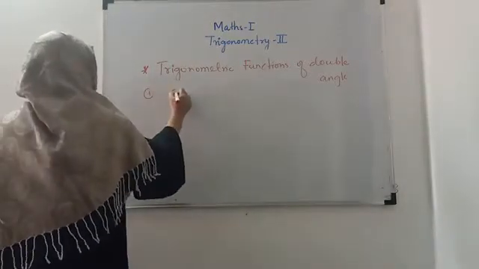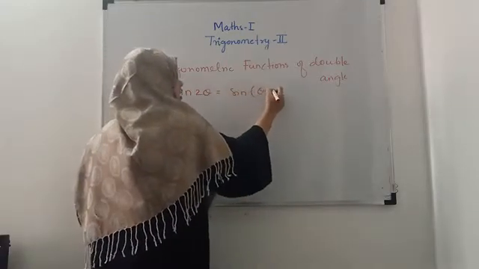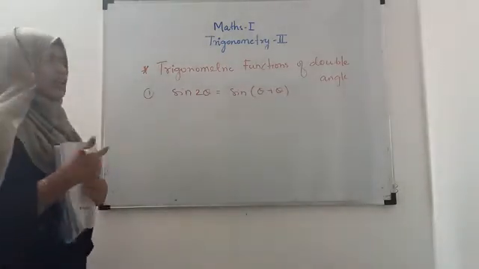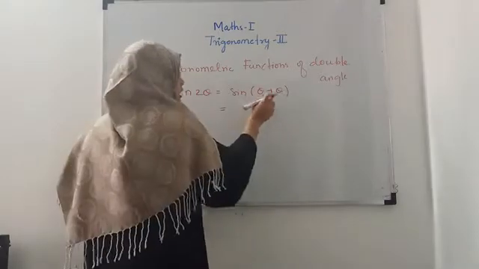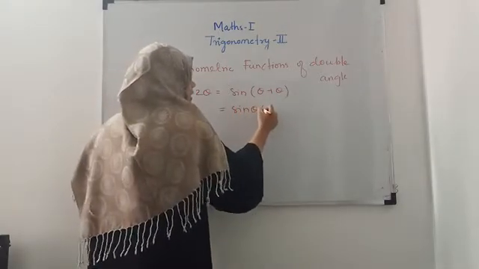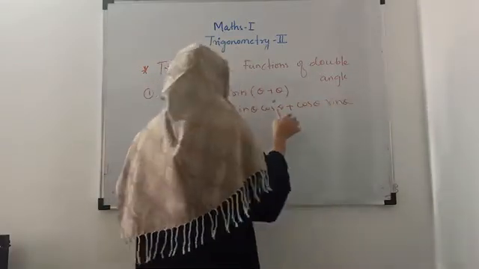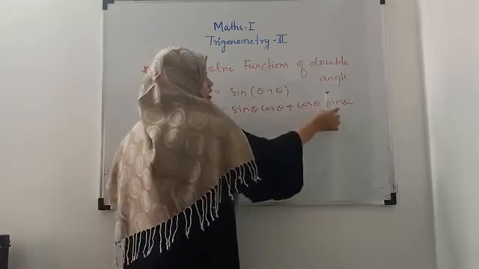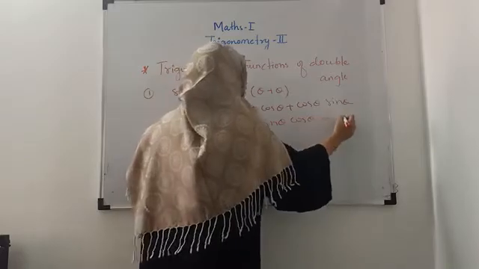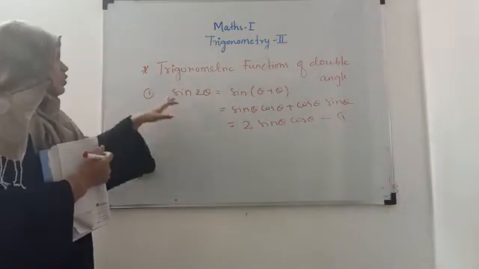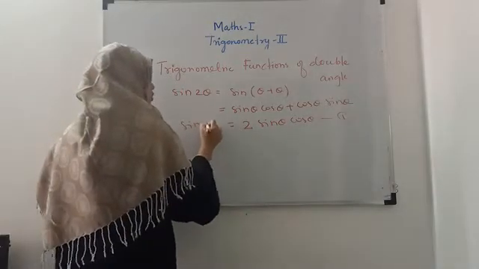So first sin 2 theta. So 2 theta can be written as theta plus theta, isn't it? Now we have the formula for sin A plus B, sin A cos B plus cos A sin B, but here A and B both are same. So here it is sin theta cos theta plus cos theta sin theta. So both are the same, sin theta cos theta, sin theta cos theta. So this is 2 times sin theta cos theta. This is what we had to prove, right? The first formula, sin 2 theta is 2 sin theta cos theta. Okay. So the first formula is done.